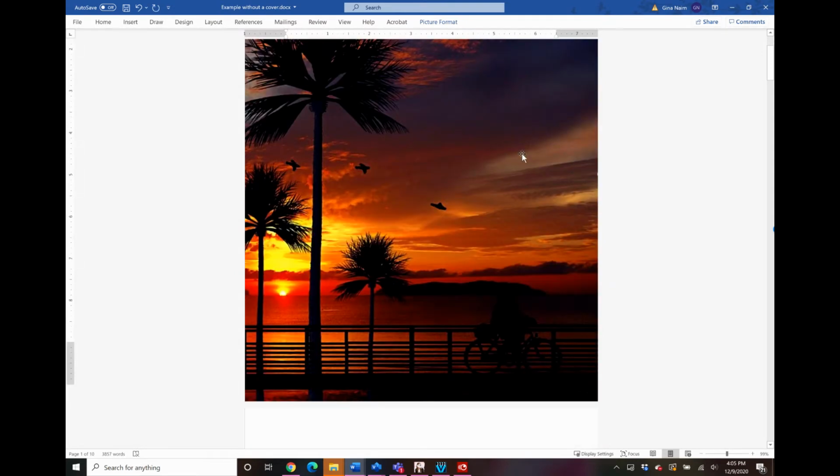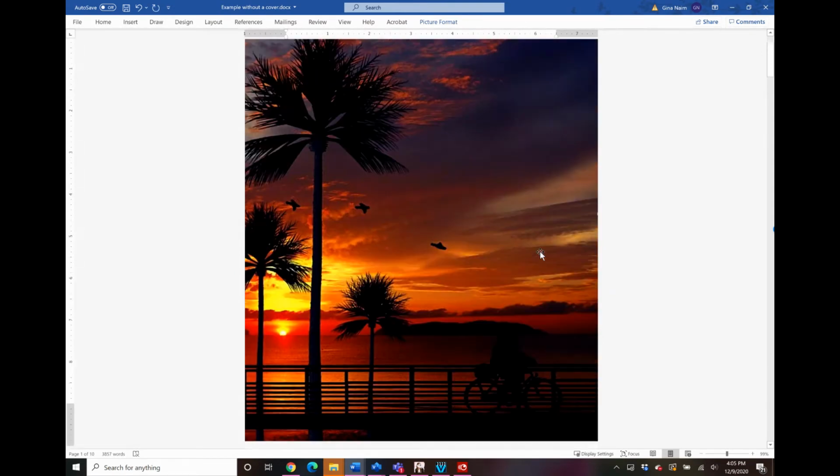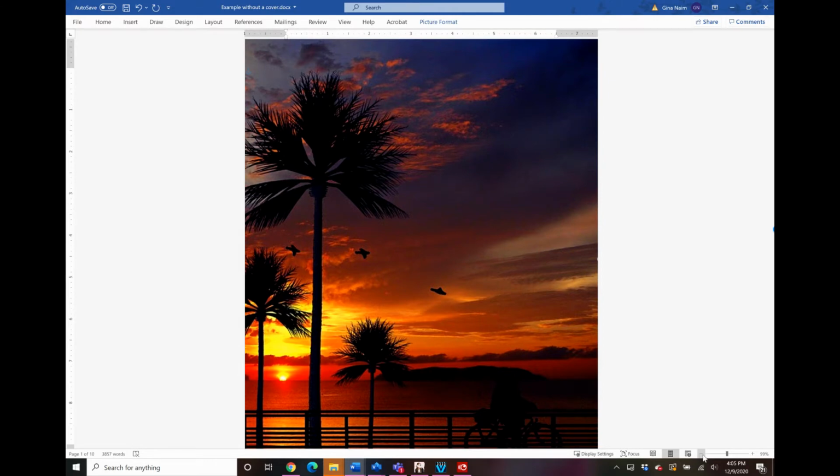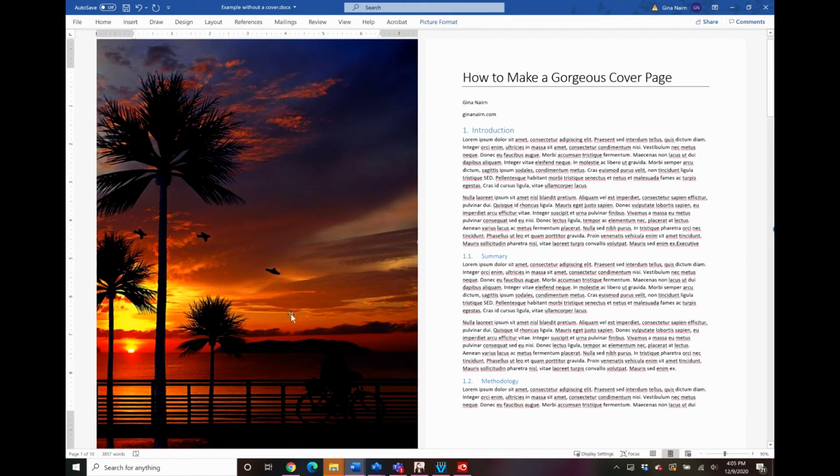Keep in mind that this is called a full bleed when you fill up the whole page like this. And when you do a full bleed that goes all the way to the edges of the page, that is great for online reading. If you print this on a printer, you will get a white border. That's not the end of the world, it's just something to know about.